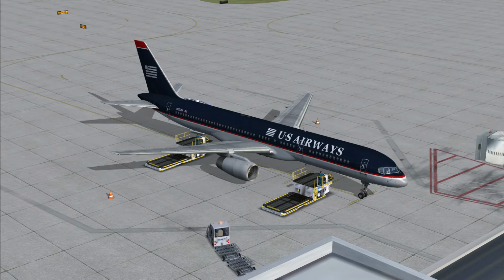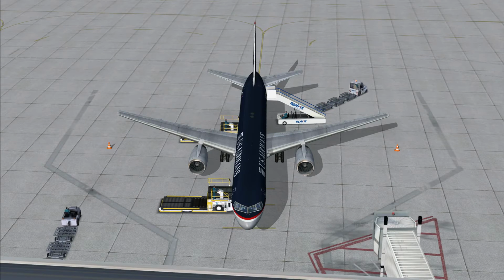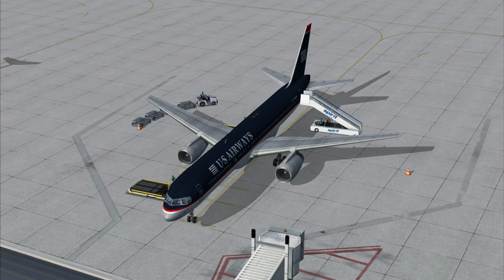Good morning, everyone. Flightsimguy here, and today I am going to try and... ready to go to GSX. I'm going to try and complete a flight using Captain Sim's 757. Now, I've been doing some training on this bird, and between the simulator crashing and me crashing, I've yet to complete a flight. But today, I'm going to go ahead and try and see if I can get this thing